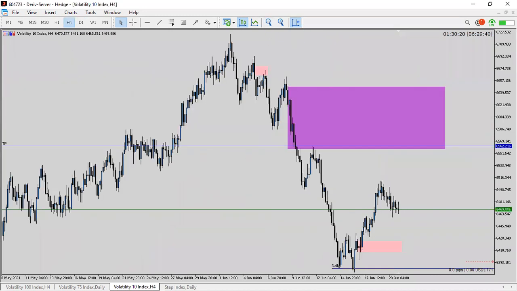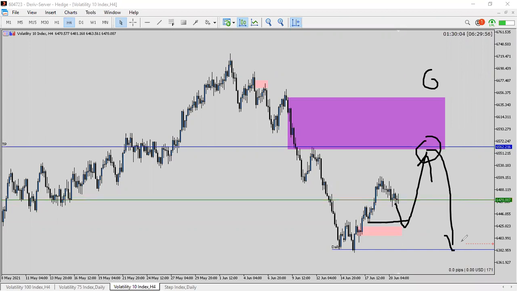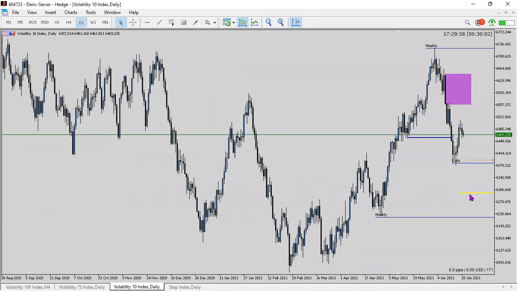And we're looking at the 4-hour chart right now, and I have been expecting this to come back into below this low so that I could look for a buy. So that is more or less what I will be expecting to see on volatility 10. Once it comes into this area, as I said, I do not expect to see it breaking, so I will then be looking for continuation sells back down into that daily pivot point that I did highlight, which is this yellow line basically,